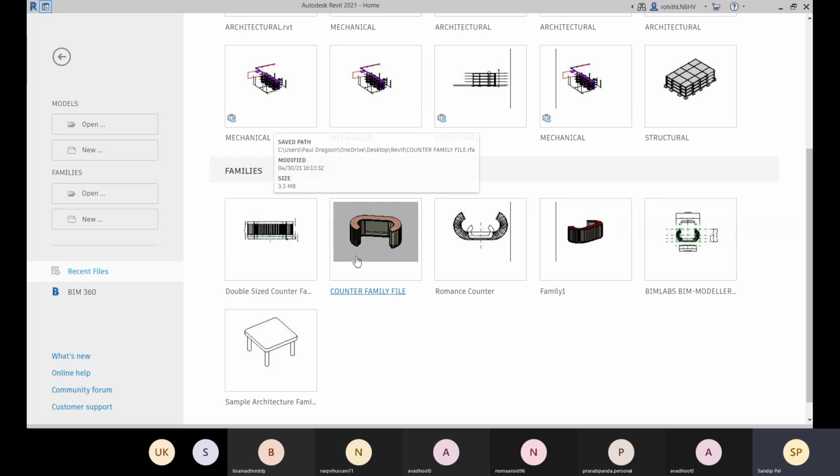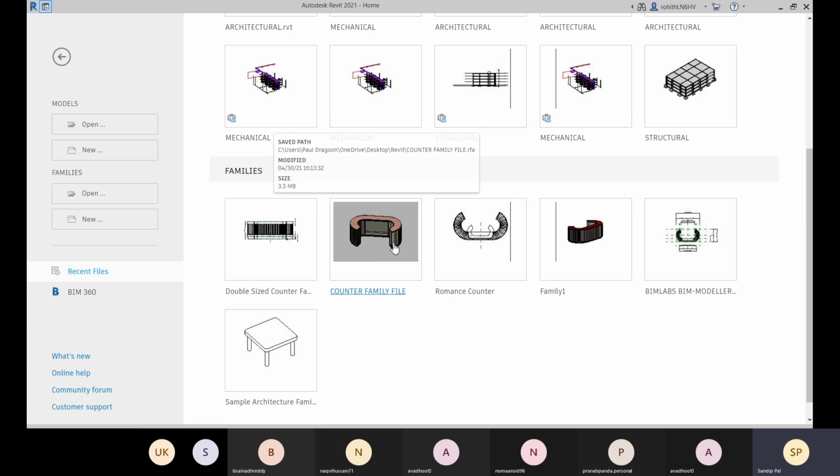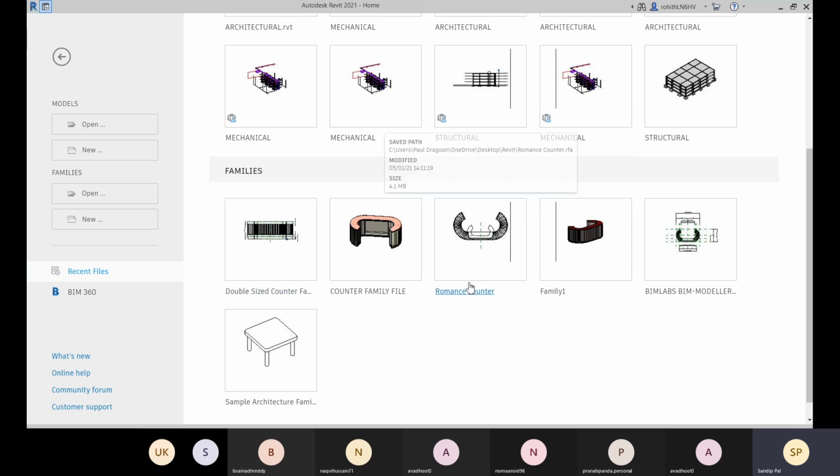This is a kind of dynamic block, and it is more parametric, meaning that with the parameters you can control your family file and generate all the information, and that's what we need for our BIM model. So you can understand that each and every component in Revit is a family file.